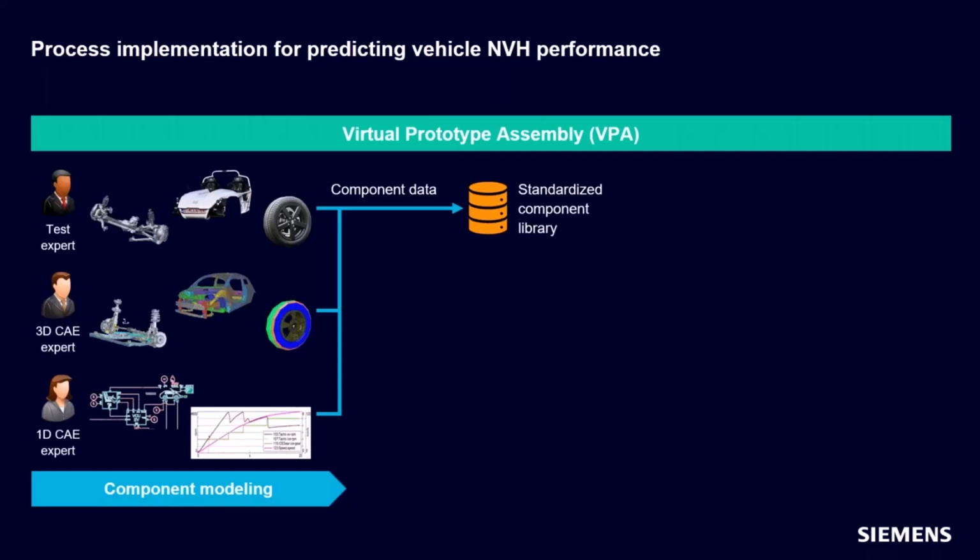So what does that allow us to do? Well, on a larger scale, it allows us to, as an organization or an industry, independently model a huge library of different components, different bodies, different axles, different mounts, different wheel and tire combinations. These can come from test data that we have. We can make measurements in the real world. We can also do simulation. The virtual prototype assembly process does not care where the data comes from, be it test or simulation.